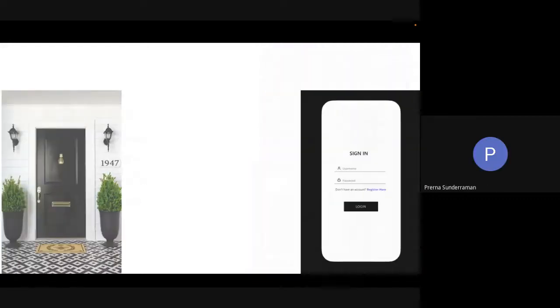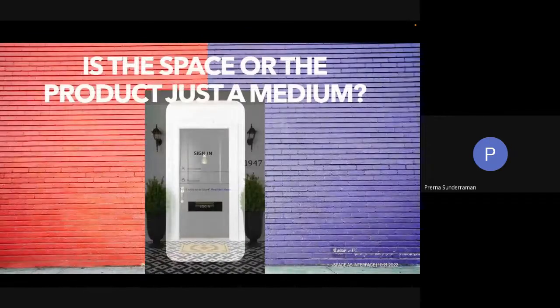Okay. So now I think I kind of touched upon this. When we look at these translations, it almost feels like space or the product is just a medium. And we could literally apply an understanding from any discipline of design into another.